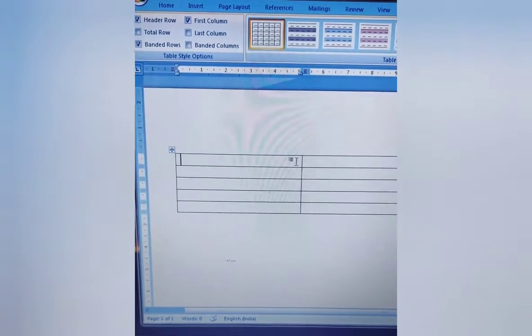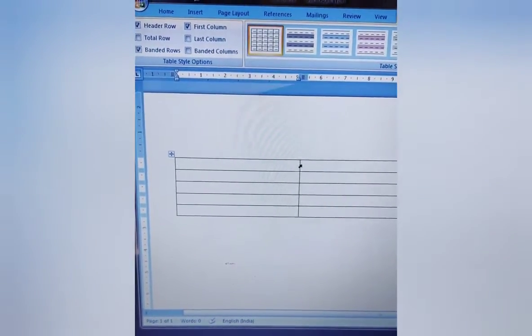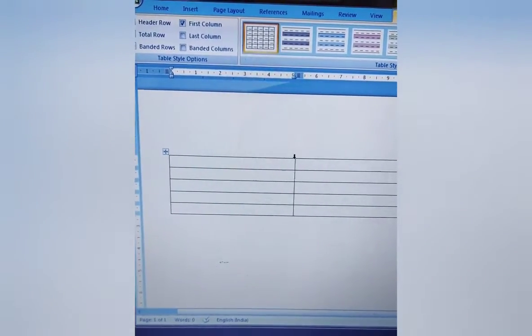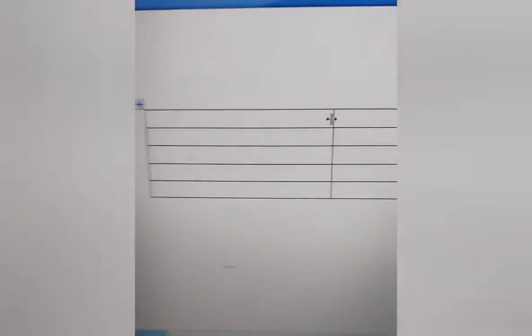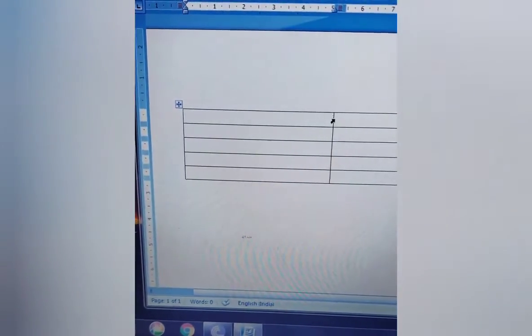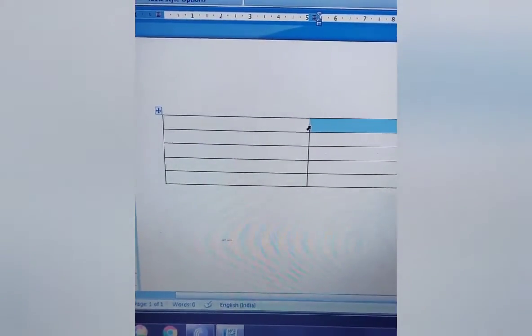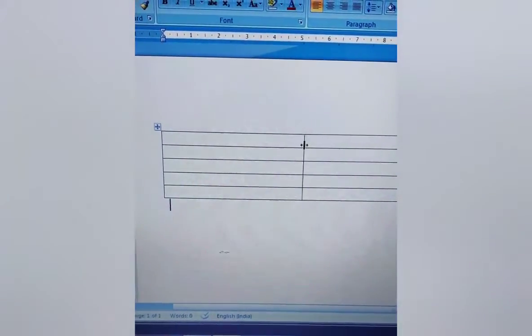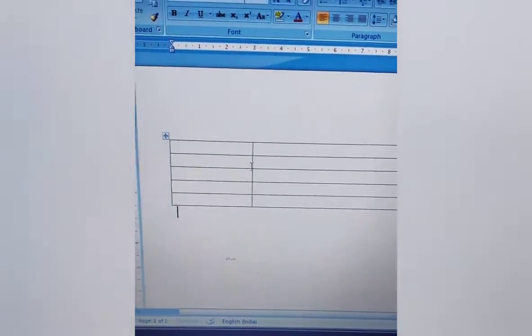First we take the mouse here on the column dividing line. As you can see, it is changing as we bring this on the column dividing line. It is changing to a sign like this. It's known as a separator icon. So it is changing into a sign like this, and by holding on this we can increase the column length. Since I am doing it with one hand, it is a bit difficult right now. So I will keep it on it, and here I can decrease the column width.